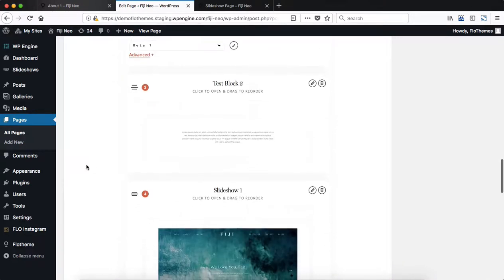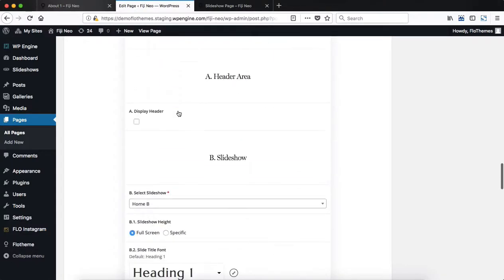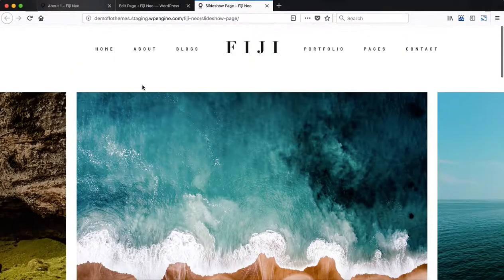Okay, in terms of slideshow number 1, the settings are a little bit different. First of all, we have the option to display the header. The header includes your logo and your menu navigation. Okay, so if your